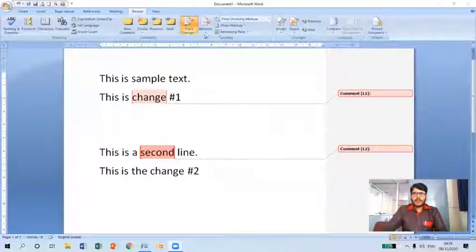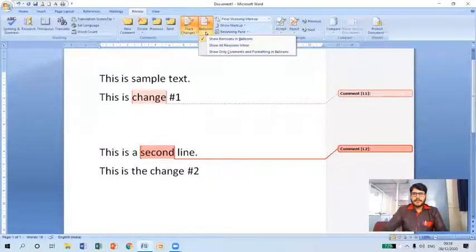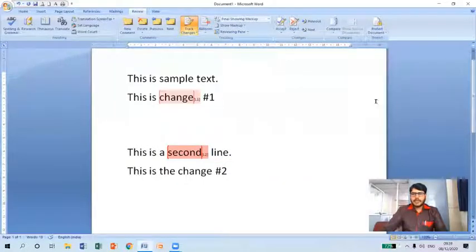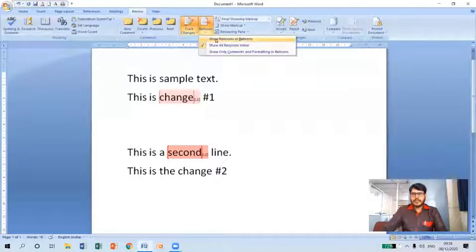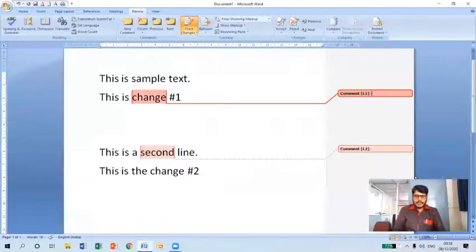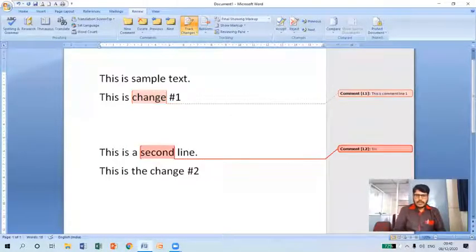So now let me show you how we can use an inline option here. If I click the second option, you can observe here, these balloons have been moved within a line. Okay, let me include a comment line so that you can see. Assume that this is comment line 1. Okay, so similarly, let me include, this is comment line number 2.